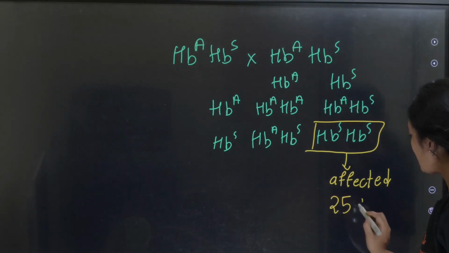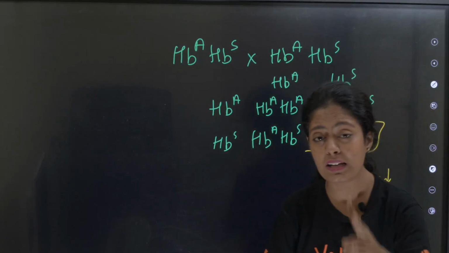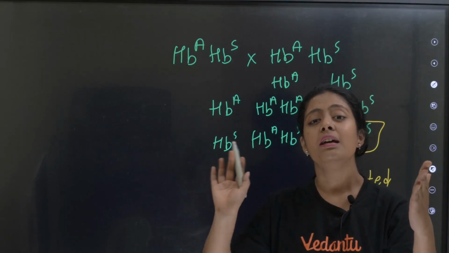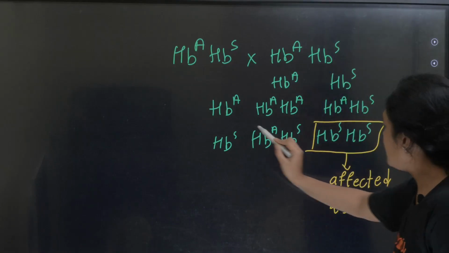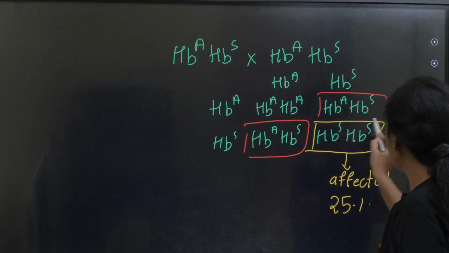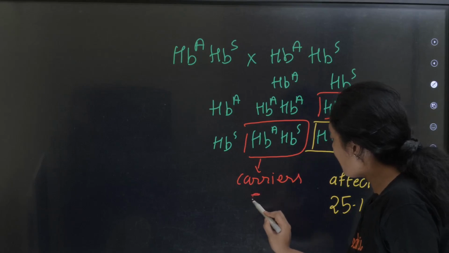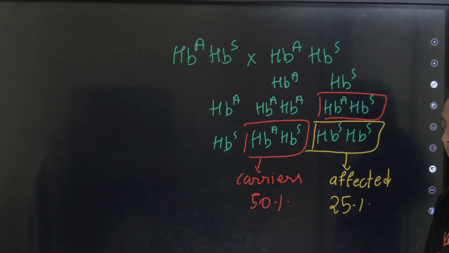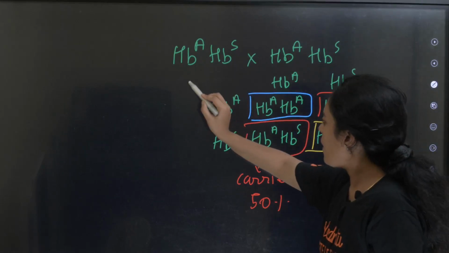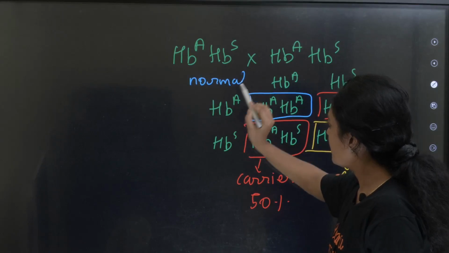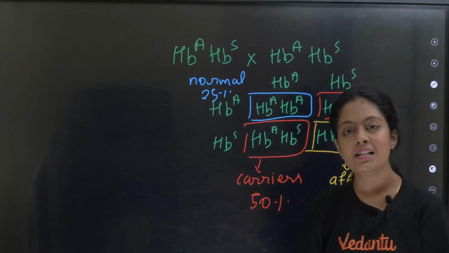So எவ்வளவு percentage affected பசங்களா? It is 25% irrespective of the sex. இப்போ குழந்தை பிறந்துச்சுனா 25% அதுக்கு சான்ஸ் இருக்கு that it can be affected with sickle cell anemia. Okay, so மிச்ச ரெண்டு, these two are carriers. So carriers எவ்வளவு percent? Carriers are 50%. Okay, then what is the percentage of normal here? I will use this color. Okay, so normal எவ்வளவு percent? 25%. Okay, இந்த மாதிரி விதவிதமா questions கேட்கலாம். Okay, is it clear pasangla?